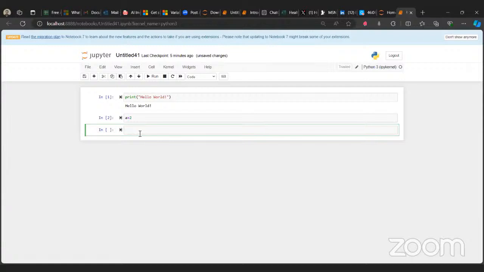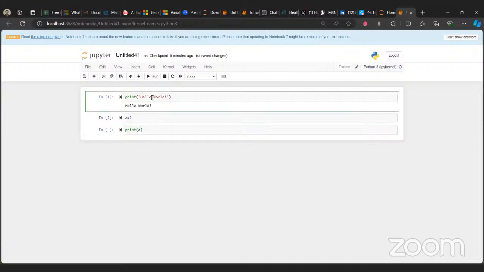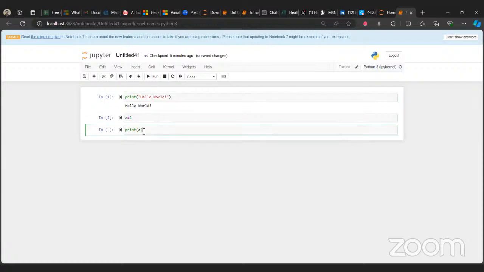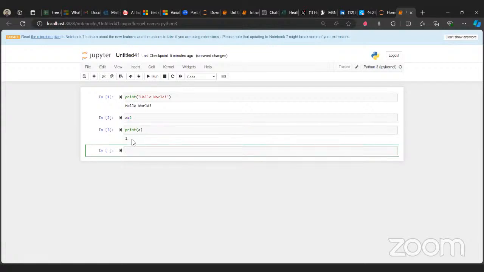Now when using your print statement with variables, you don't have to put quotation marks. You just put the variable name there. Unlike here, where we put quotation marks because hello was not a variable. It's what we call a string, but we'll get to that. So you just print and then put the variable name inside, and then you run, and bam, it prints out the value. So you successfully created our first variable and stored the value 2 in a variable called a. All right, I hope we're all on the same page. Is everyone on the same page?